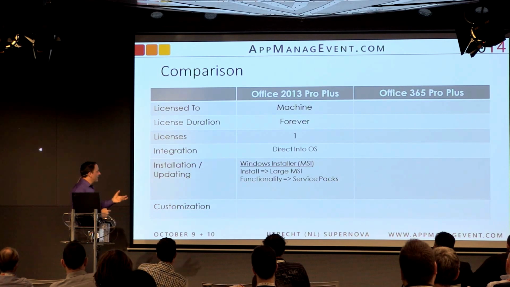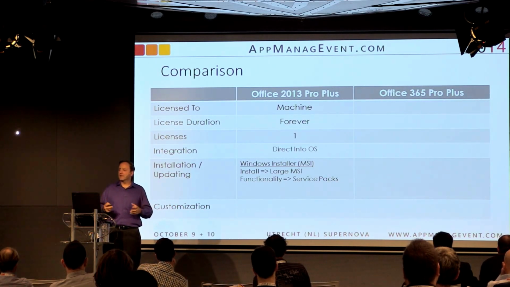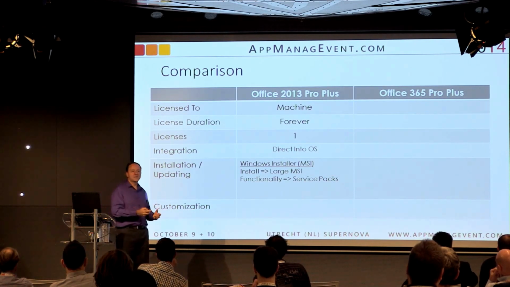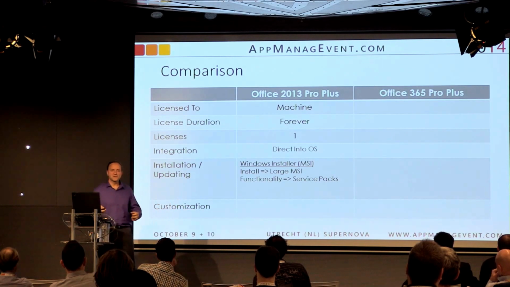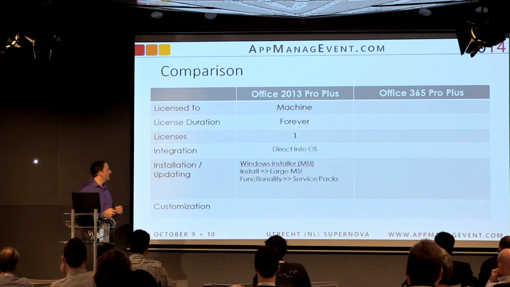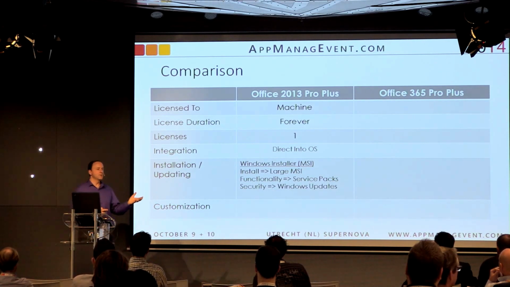Then in terms of functionality, if Microsoft is going to provide some significant upgrades, they do service packs or service releases for Office. These are also very large, sometimes three quarters the size of the original distribution to get Office out, but you deploy a service release, which is usually in the form of a patch or a patch inside of an admin kit. We then have security updates for Office come through Windows Updates.